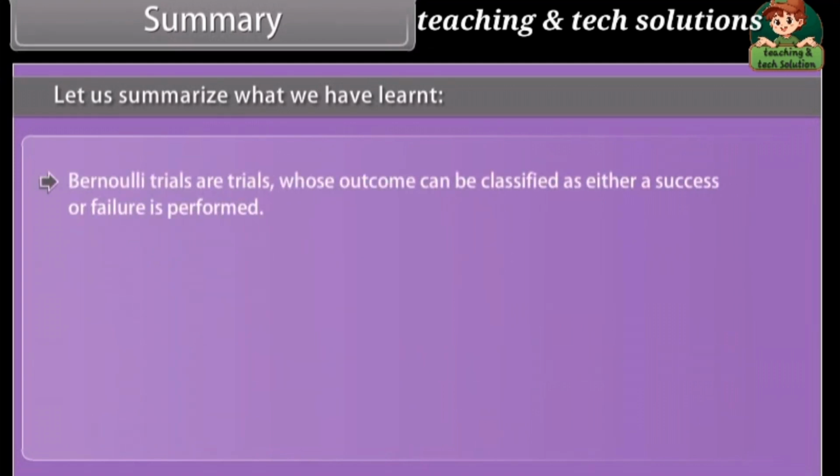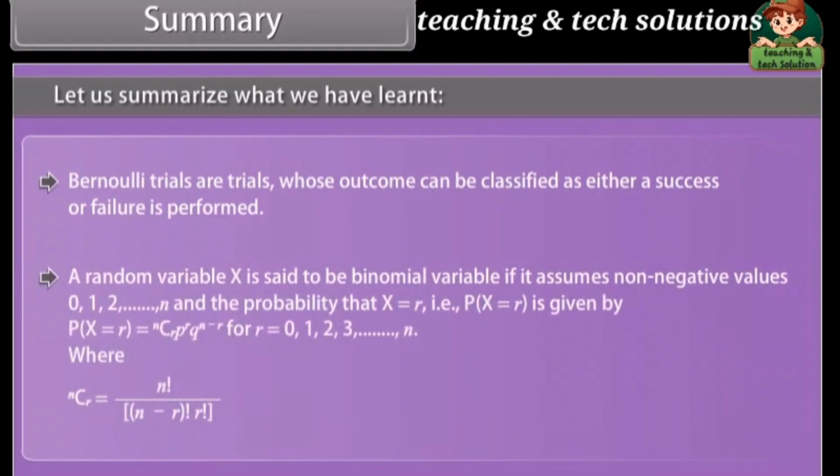Bernoulli trials are trials whose outcome can be classified as either a success or failure. A random variable x is said to be a binomial variable if it assumes non-negative values 0, 1, 2 and so on till n, and the probability that x is equal to r, that is, probability of x is equal to r, is given by